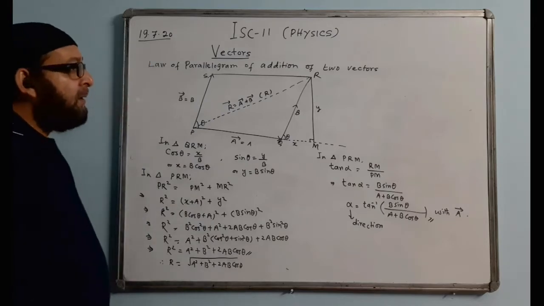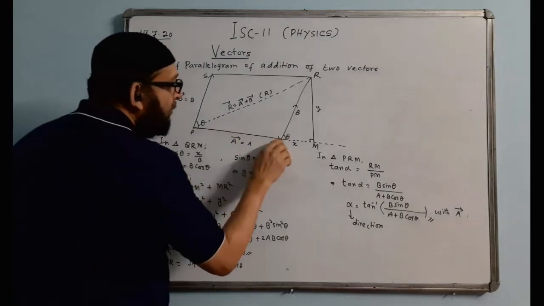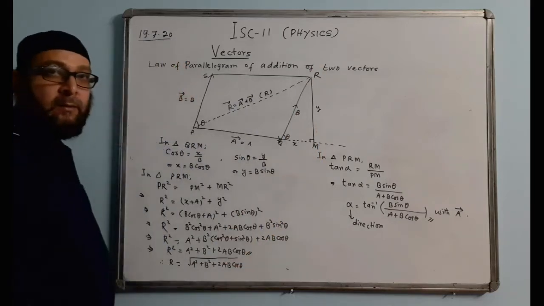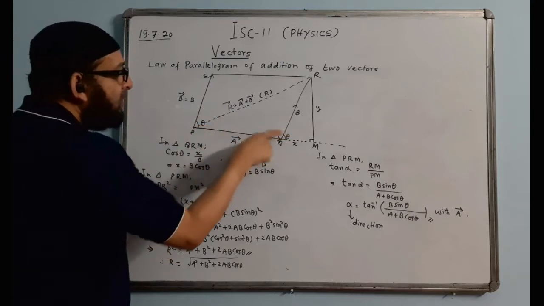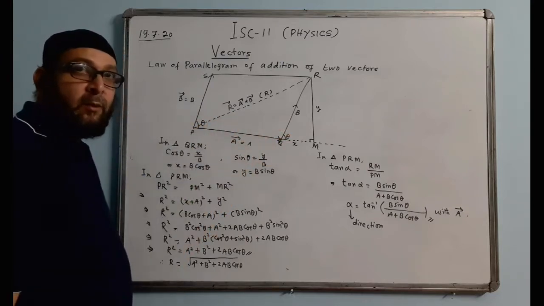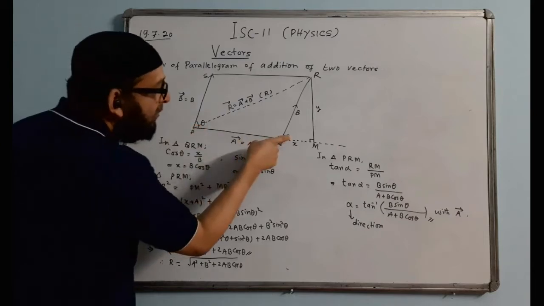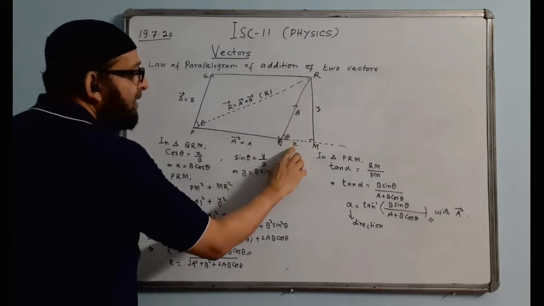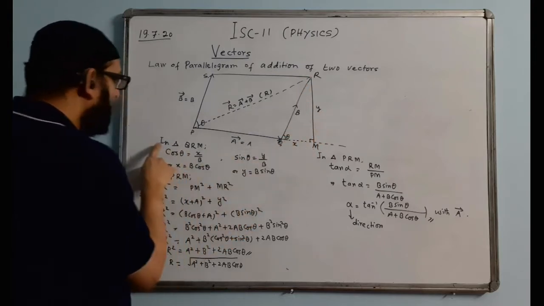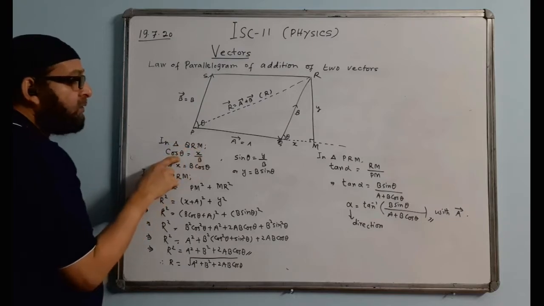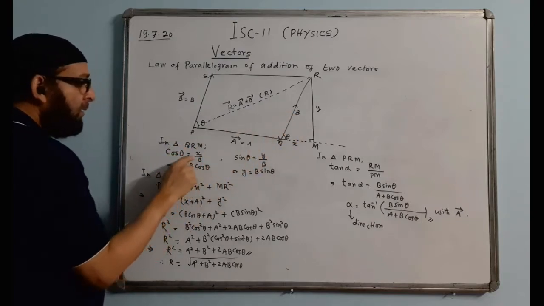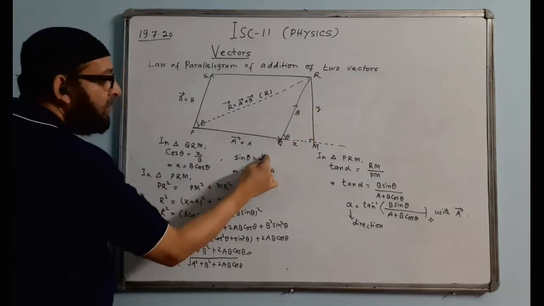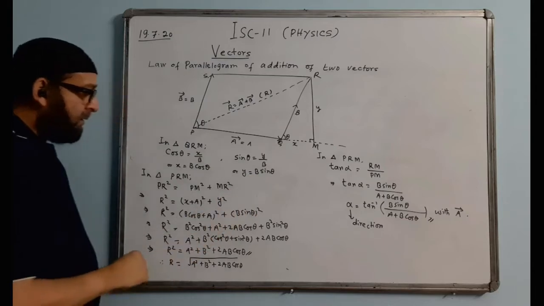Anyway, first we see this parallelogram: side PQ is extended and a perpendicular RN is dropped on it. We know in a parallelogram, corresponding angles are equal. So this angle is theta, so this angle will become theta. Now in triangle QRN, I take this side as x, this side as y. So use again the trigonometry. In triangle QRN, cos theta will be equal to base by hypotenuse. Therefore x value will become b cos theta. Sin theta will be equal to perpendicular by hypotenuse, y by b. So therefore y value will become b sin theta.